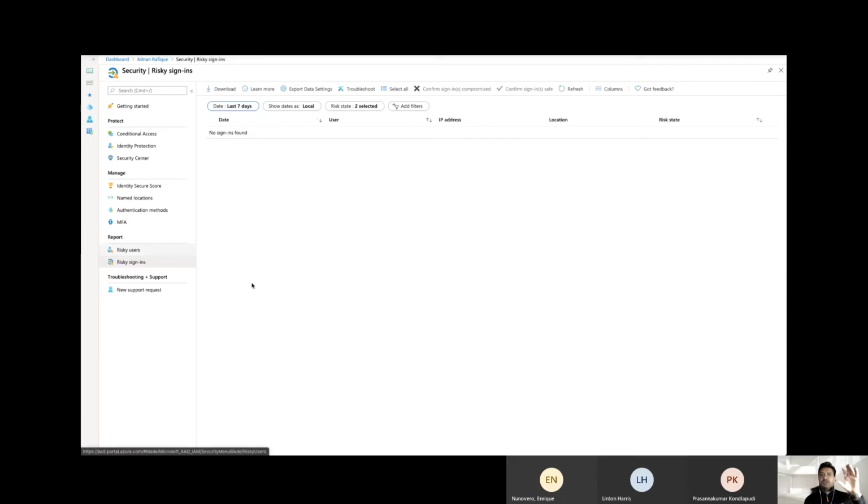A risky sign-in means the login identity, here based on that per application. So if the risky sign-in is caused by Microsoft Exchange, ActiveSync, or Outlook, then it will be triggered and applied on that activity. But if the risky sign-in happens to Teams, it will apply on that, not to the whole user account. So that's what it's about. Any questions?